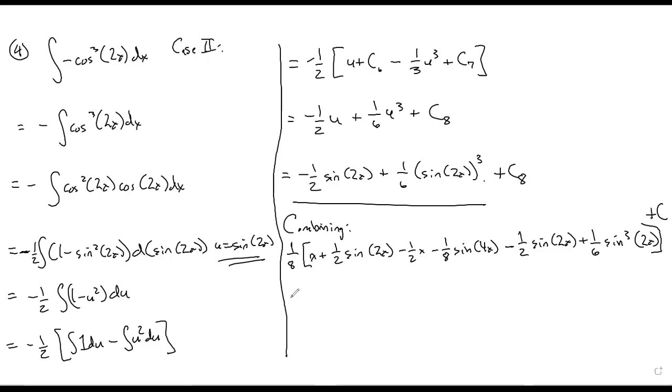So x minus 1/2 x is 1/2 x. So that takes care of those guys. We have sine of 2x, plus sine of 2x, minus sine of 2x, minus 1/2 sine 2x plus 1/2 sine 2x. So those are gone, those add to 0. And then we have